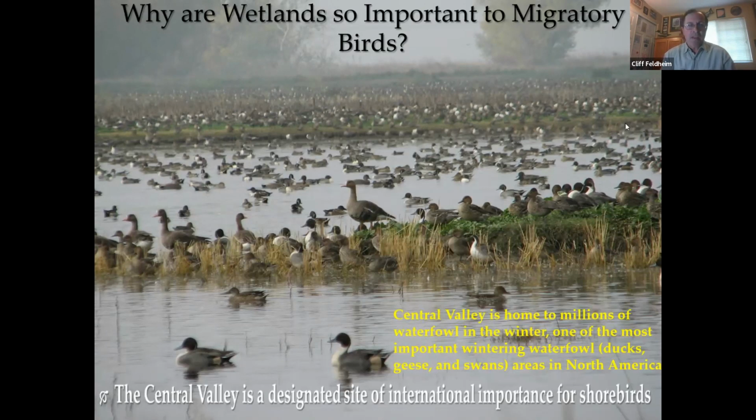And within the last 15 years, it's been recognized with an international designation as a site of importance for shorebirds as well. And those shorebirds are a little bit more, I always say, cryptic. They're much smaller. They're not in the bigger groups. You have to really look for them spread across the valley, but it's of tremendous importance for these birds. And so we started to look at